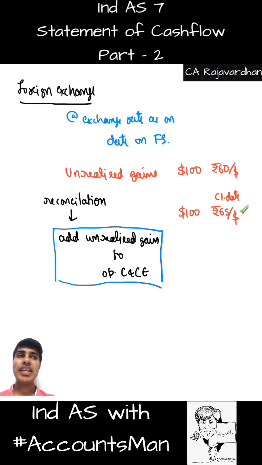So what do we do? If there is any fluctuation in the forex rates which is creating unrealized gain, don't worry. Add that unrealized gain to opening cash and cash equivalent and restate your closing cash and cash equivalent at the revised value, that is at the closing rate. Then your entire cash flow statement will automatically tally and it will be reconciled. So this is a very important adjustment, and there can be a definite question on this usually in the exam. So if there is a question on Ind AS 7, it can either be on this adjustment, which is a little tricky, or one we discussed previously. I'll touch upon that point once again at the end, telling you what are the important parts in this particular standard.